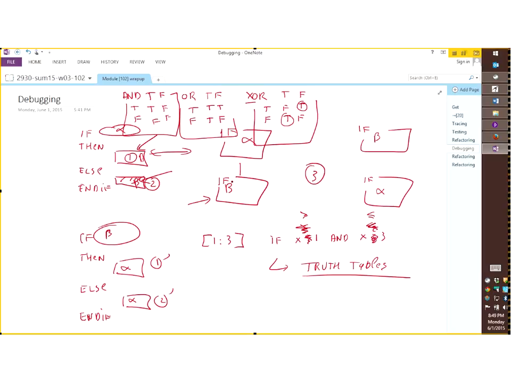Question in the chat window. I did not know that exams were open note, open book. Is that the same for quizzes? Yes, absolutely. And the reason for that is that, think about it, in an online program, it's really difficult to enforce closed book. So instead what we do is we ask questions that are a little above what we would ask if our goal was only for you to memorize things.